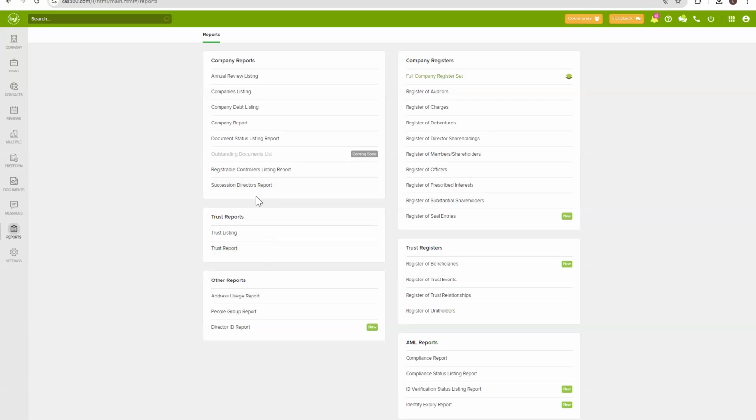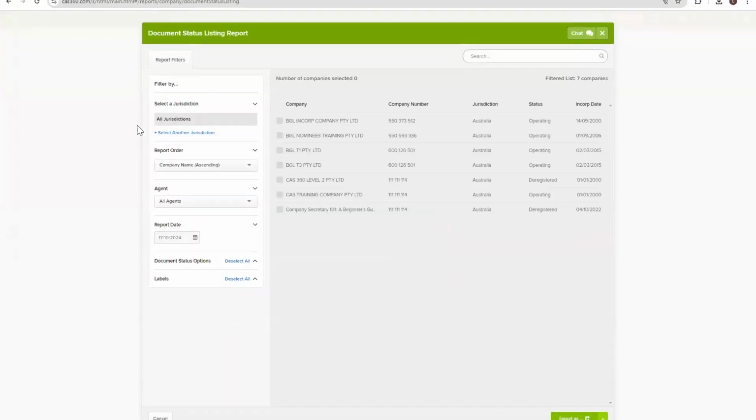Next report that's really nice to have is the document status listing report. So again, click in. You have filters. If you've got a firm with multiple jurisdictions, you'll have that there. Otherwise, if you only have the one jurisdiction, don't worry about it. Select your filters, the document status, and when we get to labels, we'll go through that again. Select a couple of companies, export to PDF,